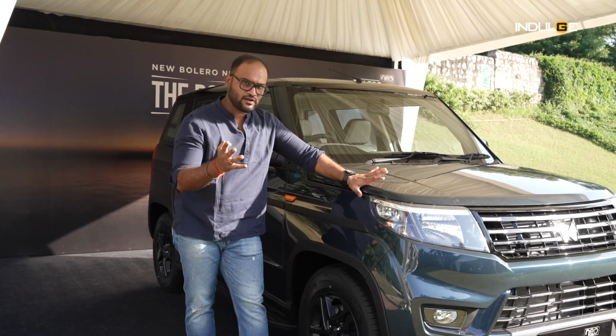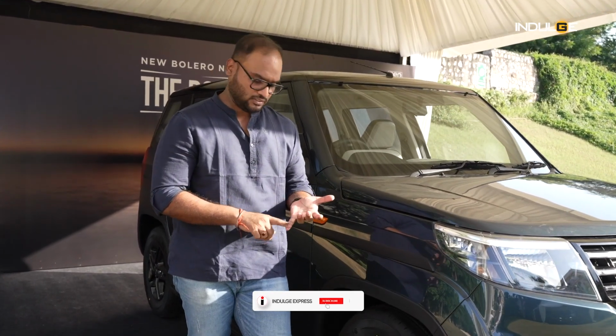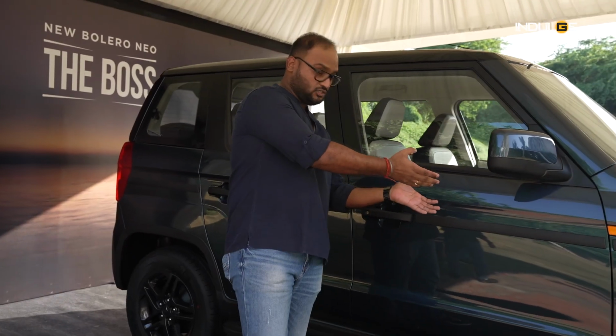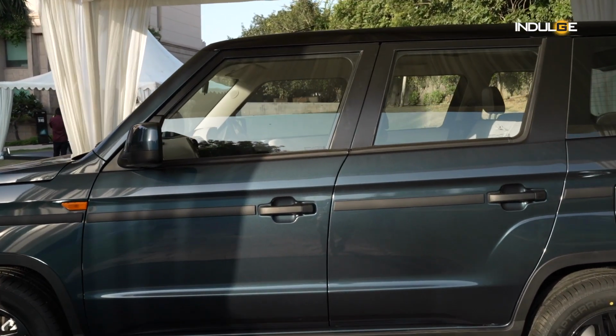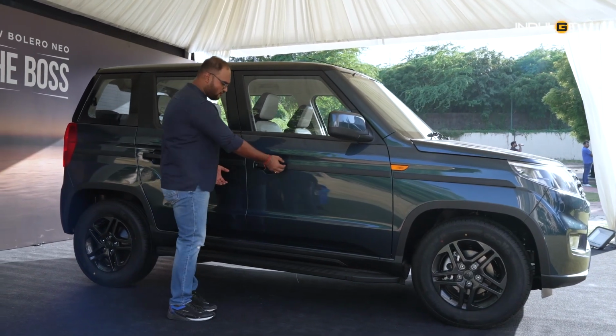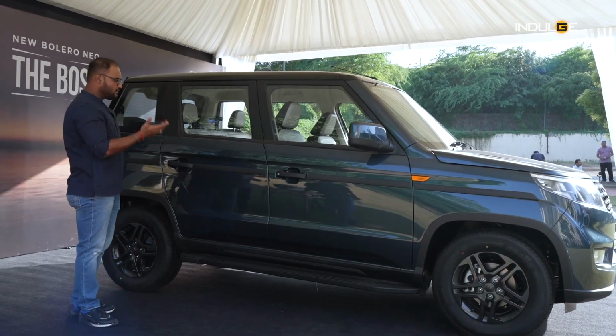Well, 4 variants on sale. So you have got the N4, the N8, the N10. N4 and N8 you get steel rims. Then you get 15-inch silver alloy wheels on the N10 variant, and on the top of the line, the 16-inch units. Now you continue with the black door handles even on the top of the line variant. So this could have been finished in body color, could have looked a bit nicer, but other than that, nothing